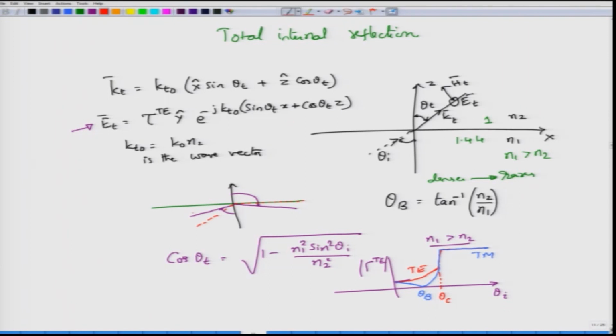So, if you had both TE and TM, the moment you have the critical angle, the output would also be TE plus TM. Okay. So, no TE or TM actually escapes, and the magnitude of the reflection coefficient would actually be equal to 1. But that does not mean the transmission coefficient will also be equal to 0. That is an interesting part.